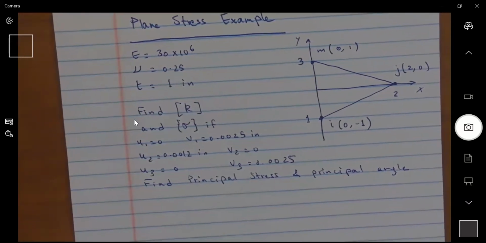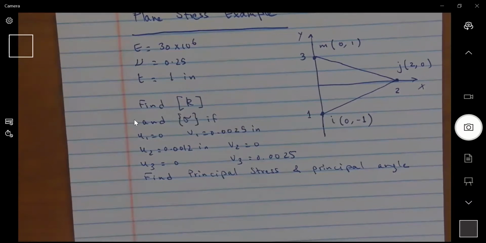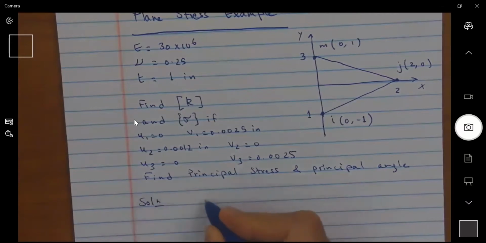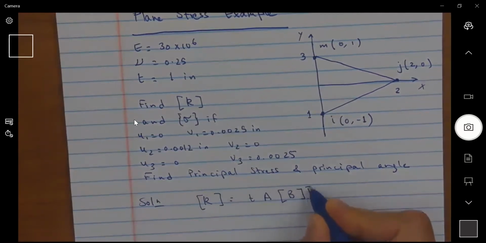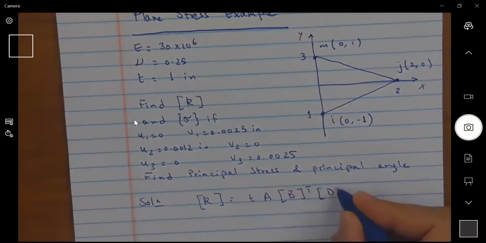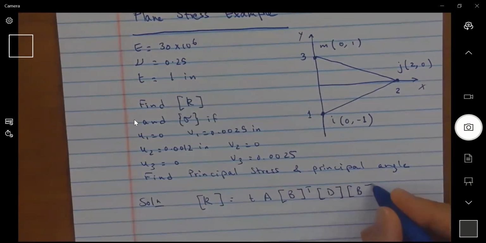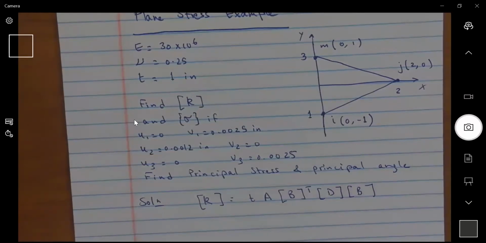Right. And the very last thing we did on Tuesday, we were able to express K as equal to T times A multiplied by B transpose times D times B. And we learned that B is equal to BI, BJ, and BM,